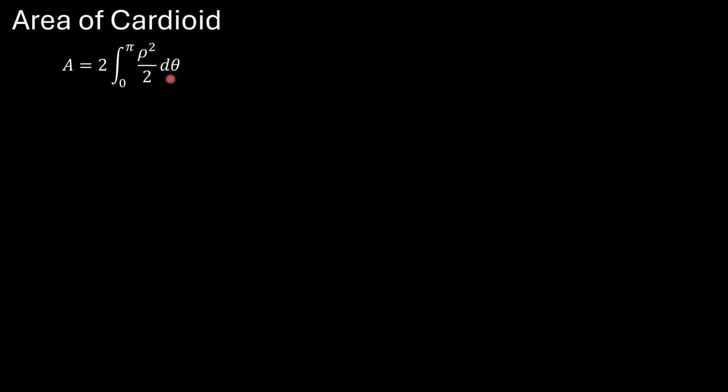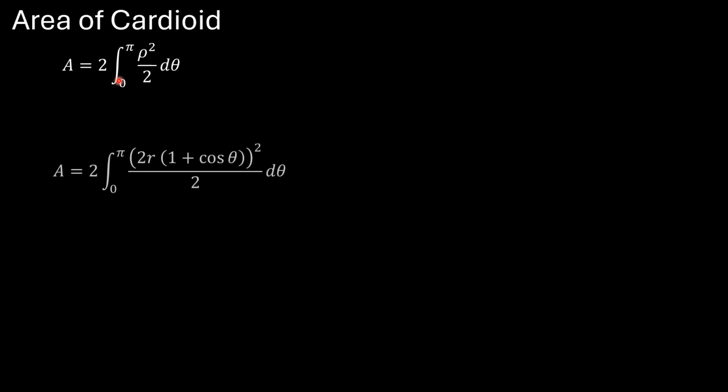So we have a small angle that we are taking into consideration, and we are varying that from 0 to pi. And since the entire extent is 2 pi, we can just say, okay, we can look at half the cardioid, and then since it's symmetrical, we can look at it as twice the integral